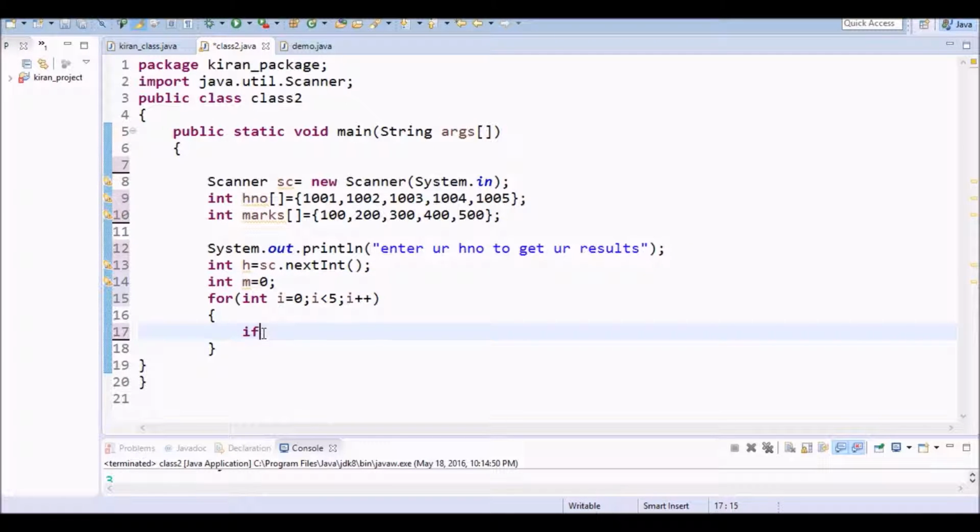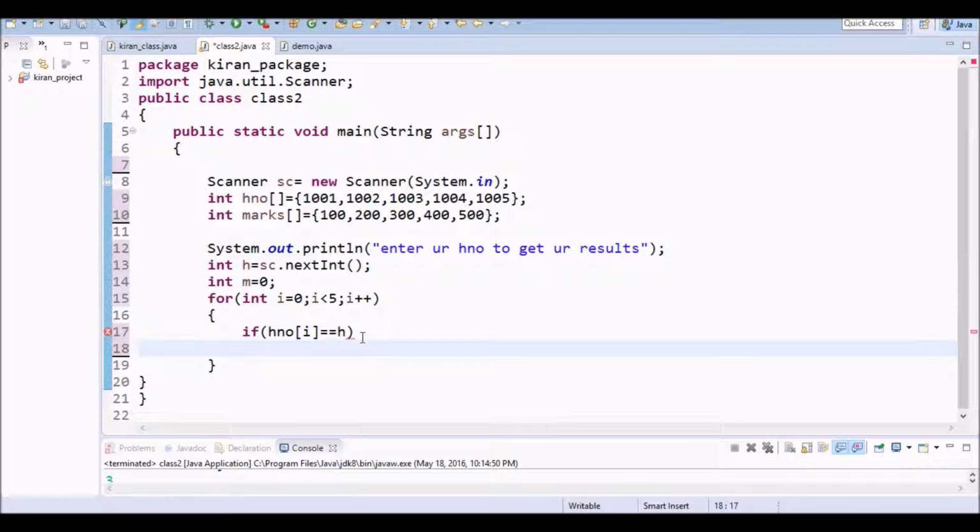Now within the for loop what I am going to do is, if hall ticket number of i is equal to h, which I am going to enter from the keyboard, then I will initialize the marks with marks of i.